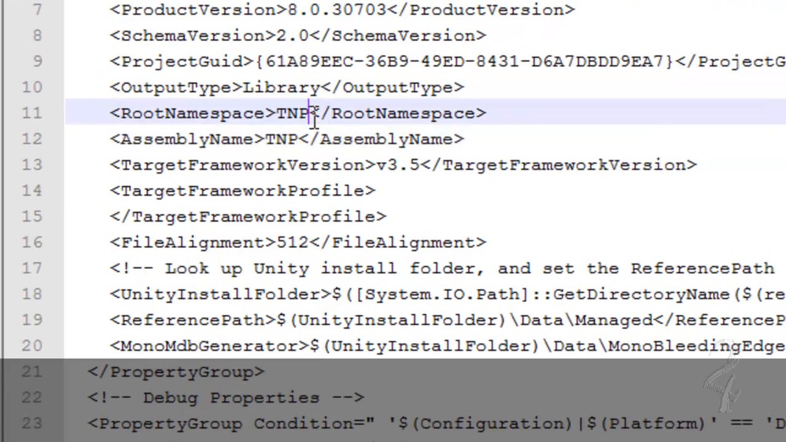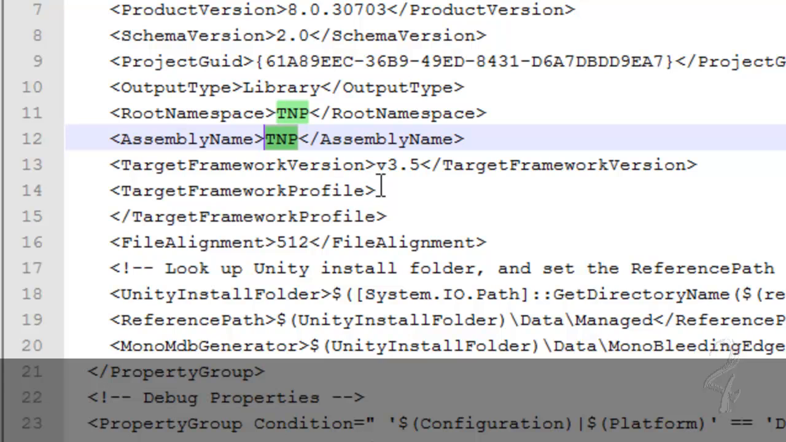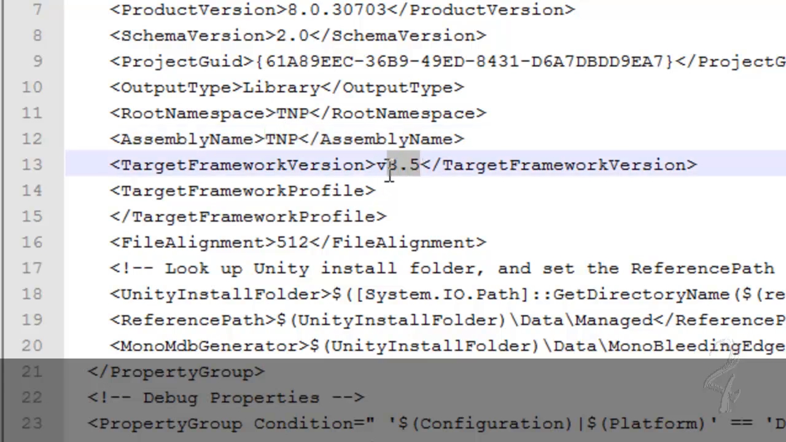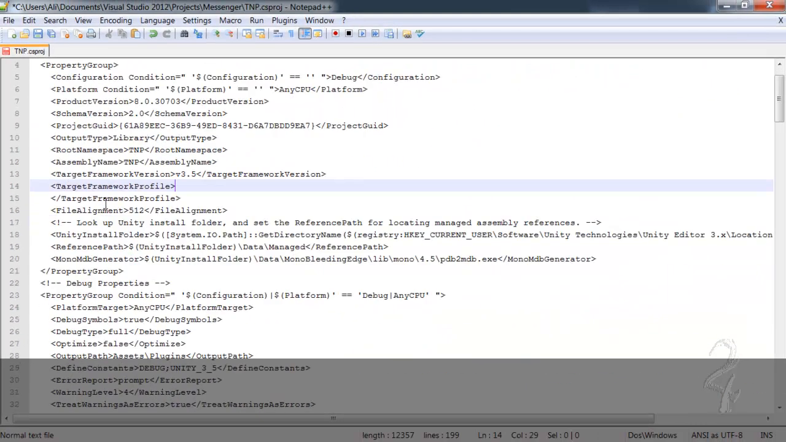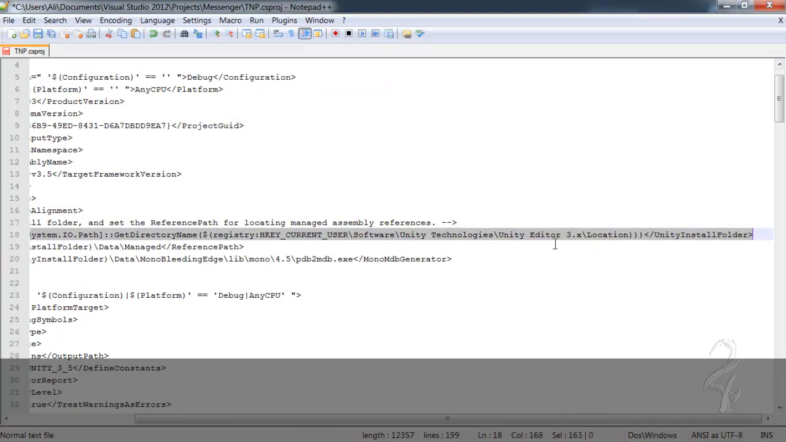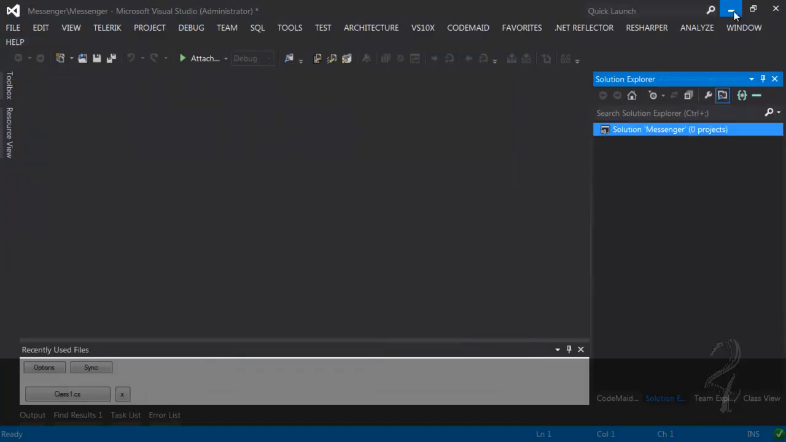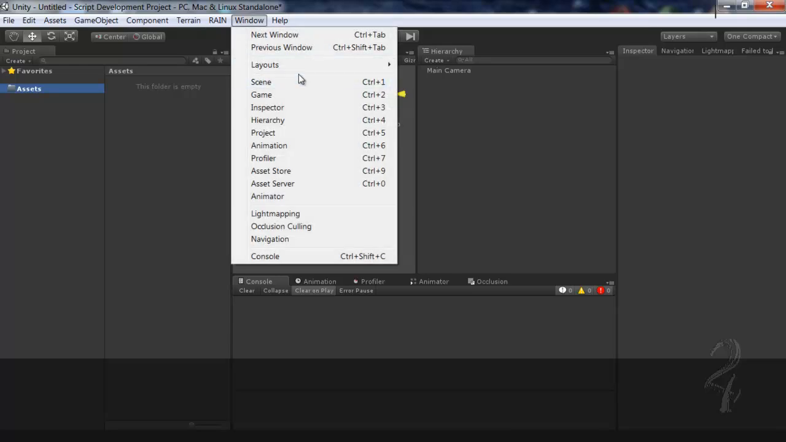And the root namespace, my root namespace will be TNP, and assembly name will be TNP. Target framework version, this won't matter for Unity DLL files. Now look up the Unity install folder and set the reference path for the managed assembly. Here you will look for any Unity editor version 3.x. I have Unity 4.x, and